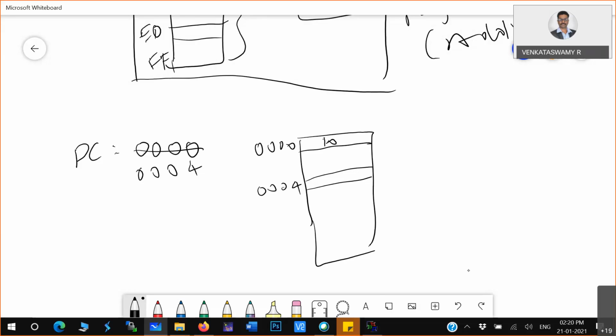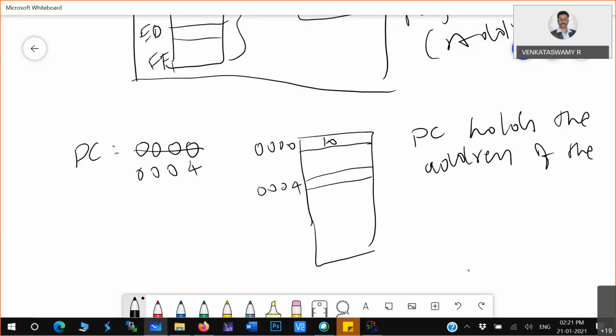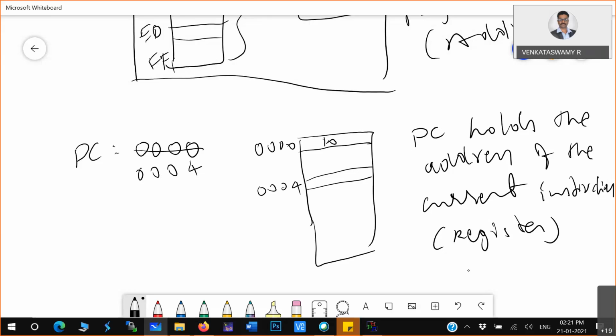The program counter holds the address of the current instruction, and this is also a register. Normally, in an 8-bit system, 16 bits is the size of the program counter. Hope you understood this part.